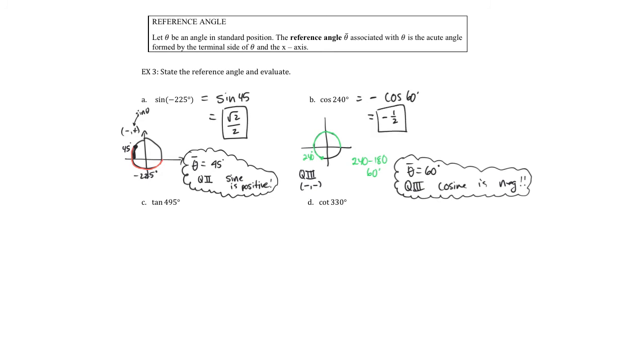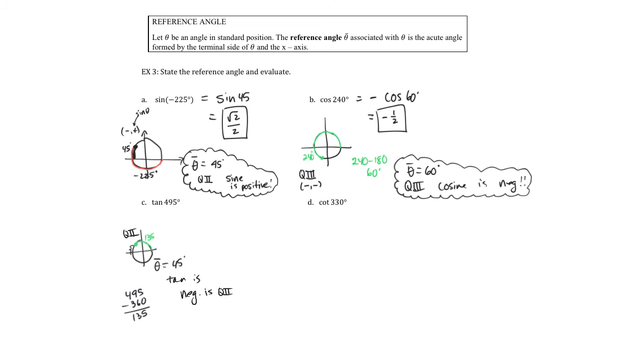So moving on, I've got tangent of 495. That's a pretty big angle. I'm just going to simplify it a little bit. Let's see, 495 minus 360, that's 135. Okay, so we think about that. So we're over here at 135, and our reference angle, that would be 45 degrees, but we're in quadrant 2,